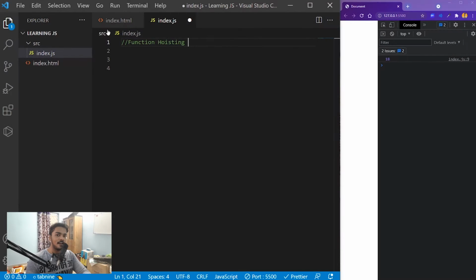Okay, so now this is another very important concept mainly of JavaScript itself, not just about functions. This is called hoisting. Hoisting can be done with variables and also with functions. As we are discussing functions, I'll show you how function hoisting works. So what is function hoisting? Hoisting is a concept in JavaScript where the JavaScript engine, before the execution phase,